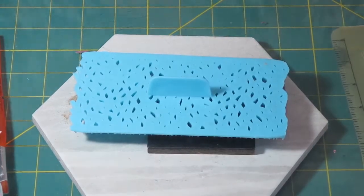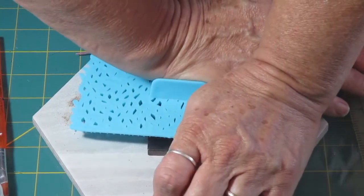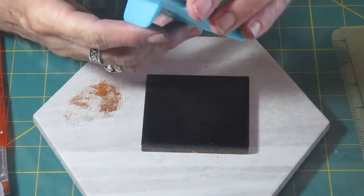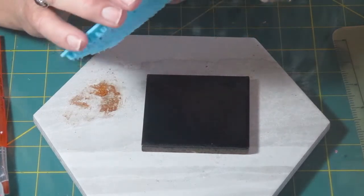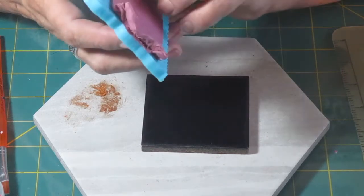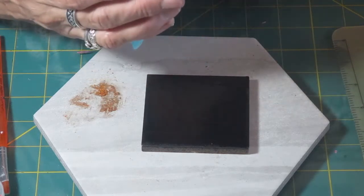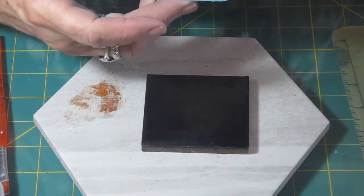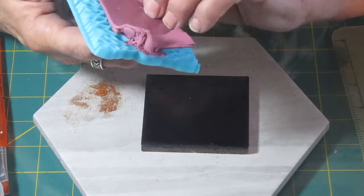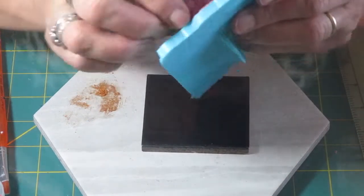So let me stand, and I hesitate to do this because I don't want to be digging clay out of the crevices of the plate, which I think I'm going to be doing. All right. Let's see what we got here. Yeah, I think that standing up issue is definitely making me dig this out. All right, so